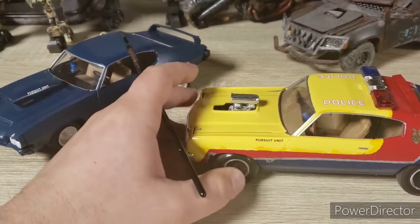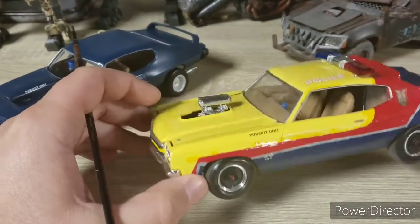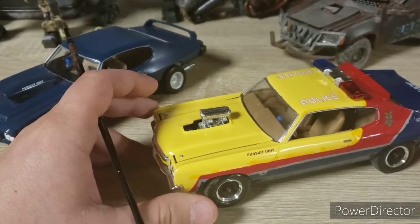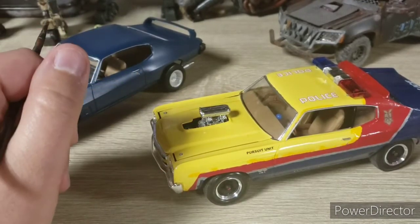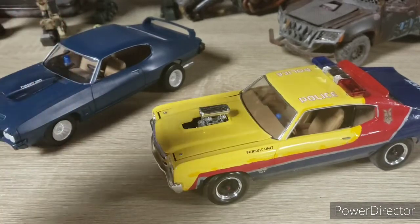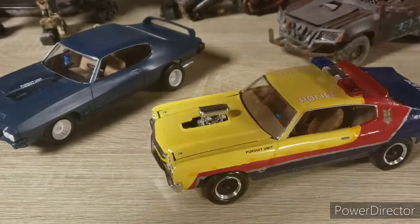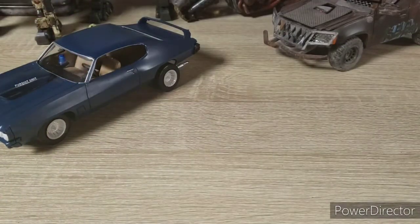But yeah, like I was saying, I love that kit, and I may or may not have just won and opened one on eBay for really cheap. So, look for that in the near future. But before that, I have something else I want to show. But I will show off this turd next. Because, oh my god,